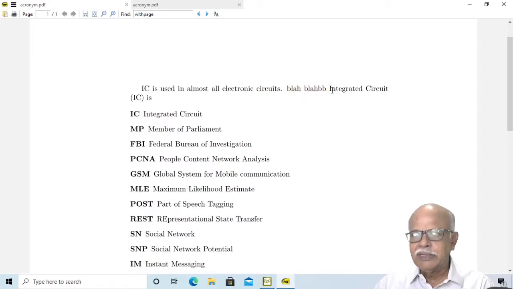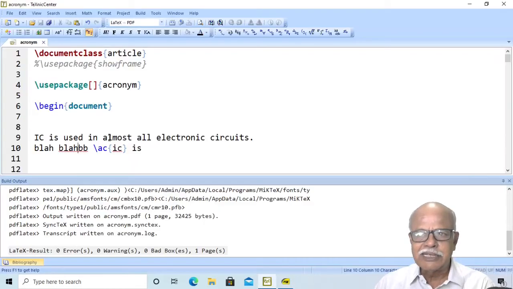You will find the IC command produces integrated circuit at the end of the first line and the shorter form at the beginning of the next line.